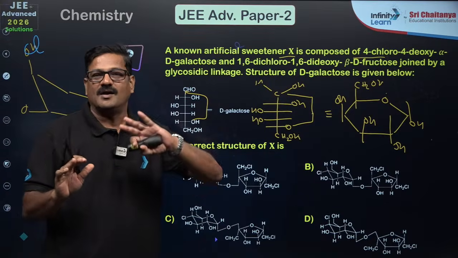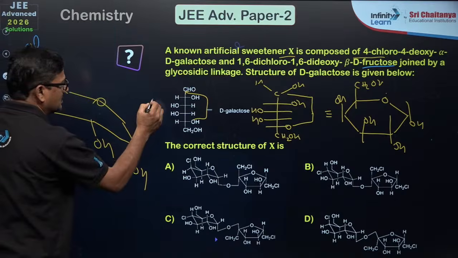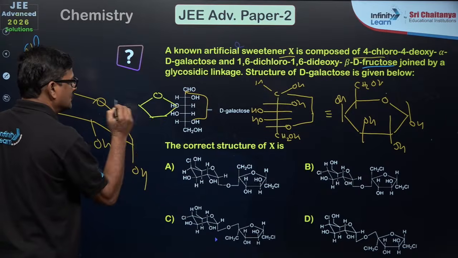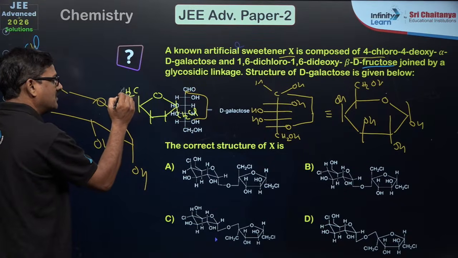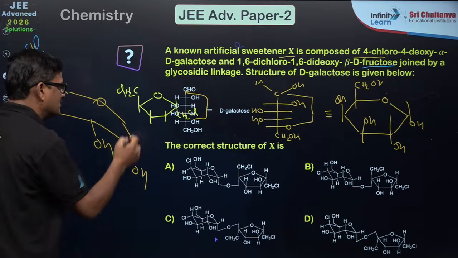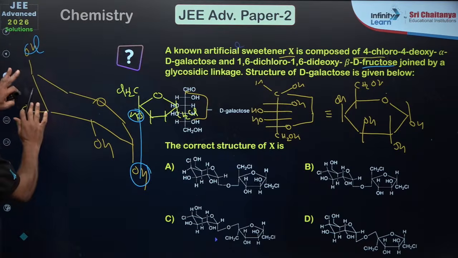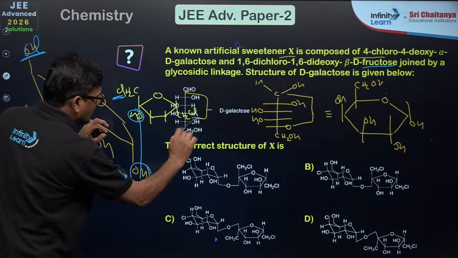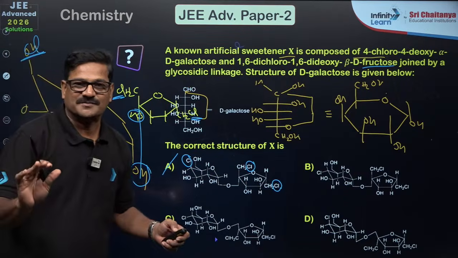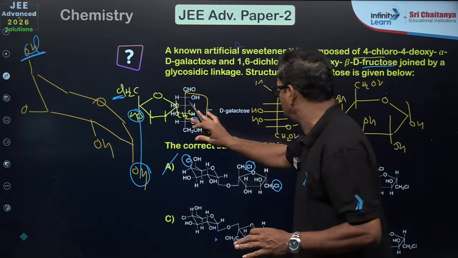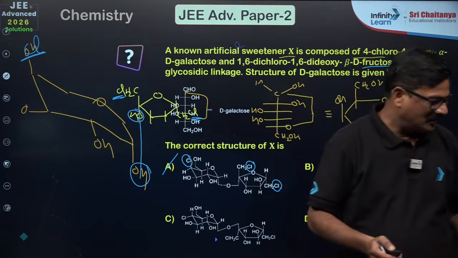Now let us talk about the fructose structure. This fructose structure is going to have the joint like this, and the first carbon is chlorinated, and the sixth carbon is also chlorinated, and you are going to have a structure with OH and make a join from here and from here, that is deoxy. So by looking at this chloro and dichloro, I can say a chloro here and a dichloro over here. So I would like to say the first option is the correct answer for this question. Making an open chain structure into a ring structure is going to be the key factor to understand what exactly the question is. And moving ahead,